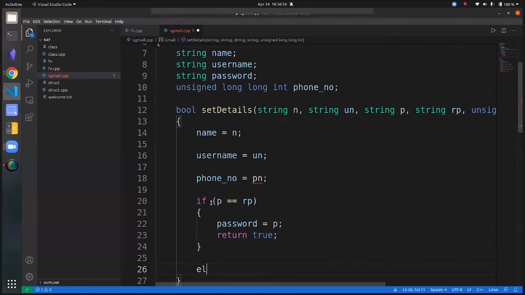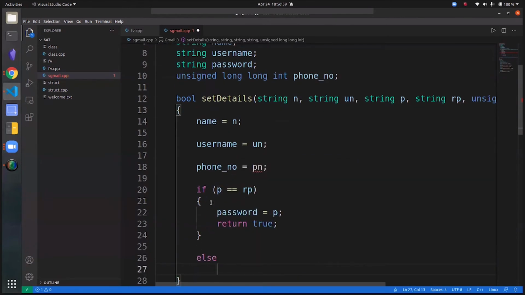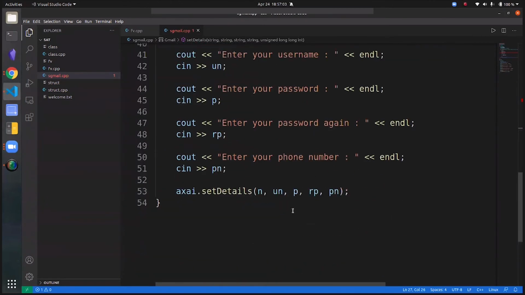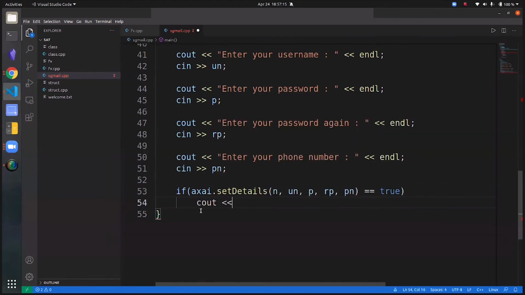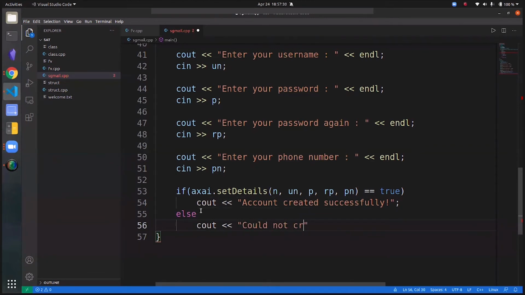Otherwise, just return false. Now, based on this, if this thing returns true, I can simply print account created successfully. Else, I can print could not create account.